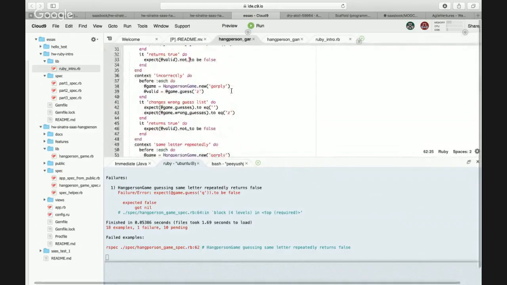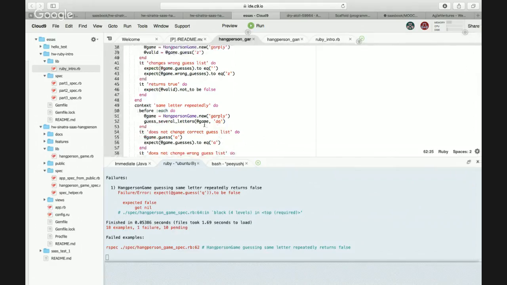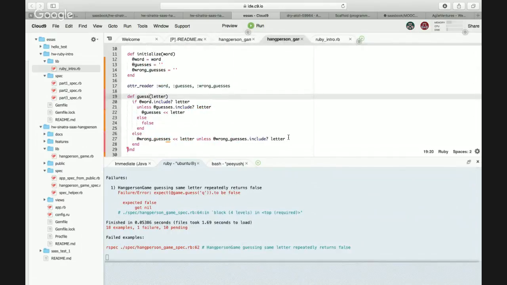So let's see if they put Q as well. If you see on line 49, they're guessing A and Q, and then they're guessing it again on line 54. So I think we should handle it here as well.